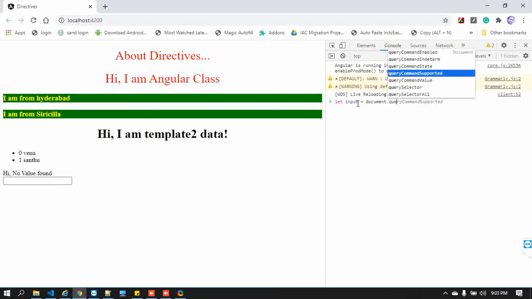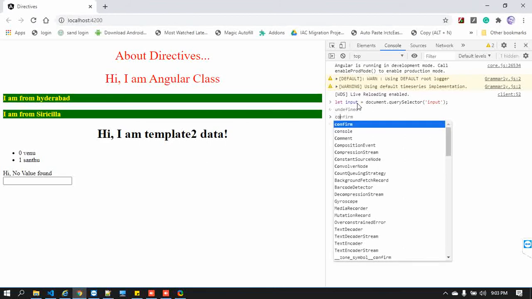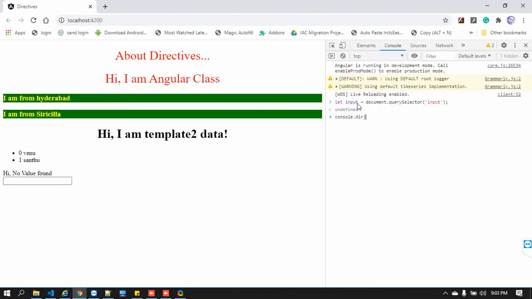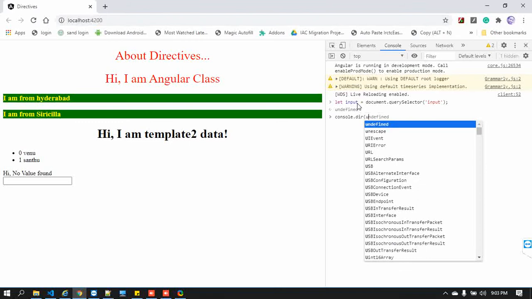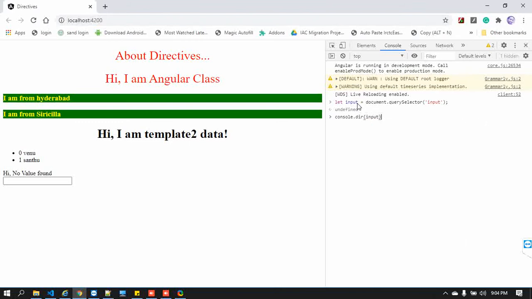At this moment we have only one input, so you can directly use the CSS selector, enter. Now control dot there, and you can give input.